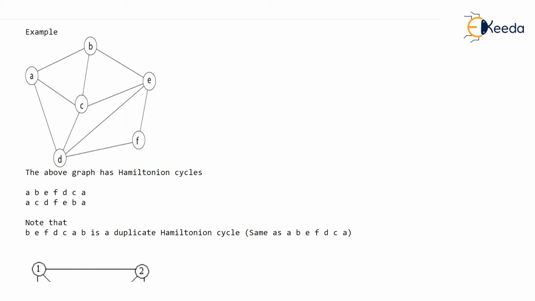For instance, what if you start your cycle from A and instead of going to B first, you go to C? From C, you go to D. From D to F, F to E, E to B, and B back to A. A was your initial vertex. So that's the second cycle I have written, which I am ticking here. And there are lots of cycles like this, but I have not listed them.